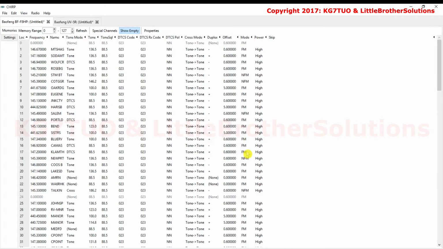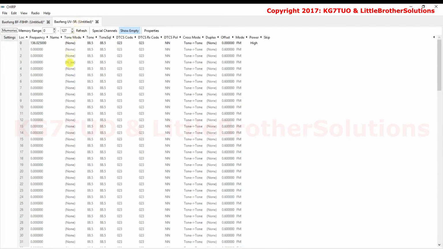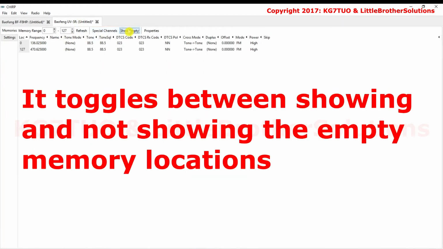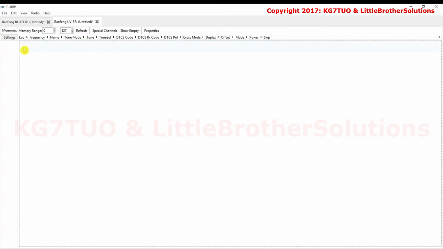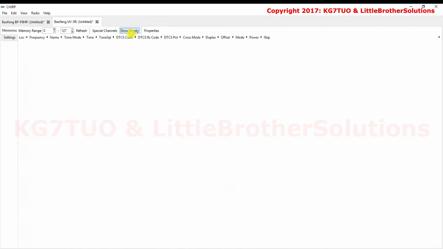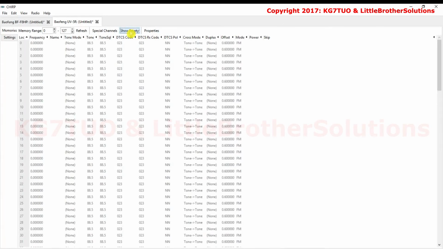Now, since you wouldn't be at this point unless you've sorted out any COM or driver issues, you shouldn't get an error. If you do, you've probably done something out of order. I still do it. If you get an error, just start over. So, now that we've got our UV5R downloaded, let's select that and see what's in there. Channel 1, and we'll click Show Empty, which is a toggle. So there are only two channels listed in there, 0 and 127. Let's try and delete those. And they're now gone. Click on Show Empty to toggle it again, and there's no data in our target radio.